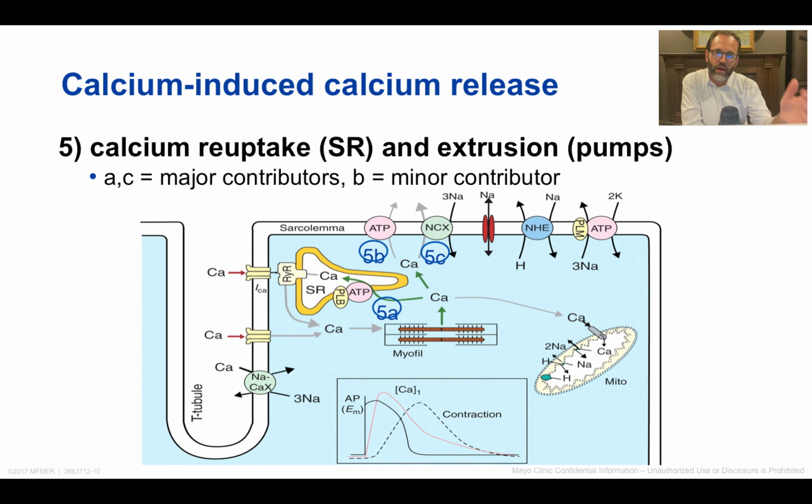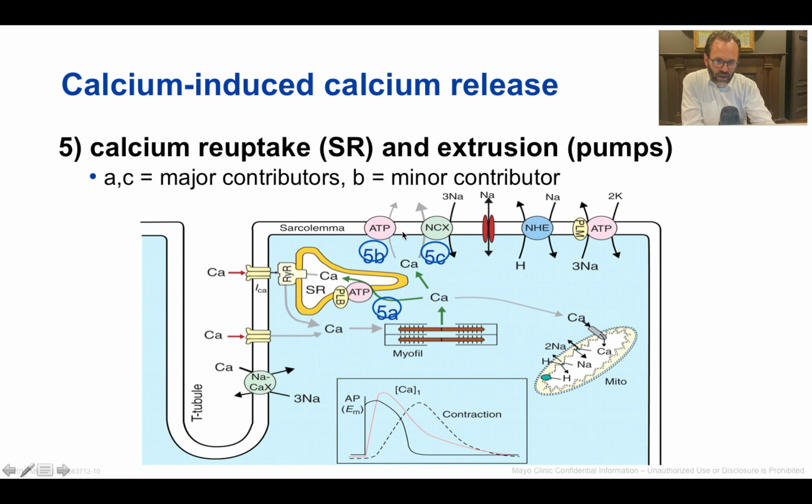And then at the cessation of that action potential, when we start to have the repolarization of the membrane, we subsequently have the closing of the voltage-gated calcium channels, and substantial calcium reuptake into the sarcoplasmic reticulum. That's done via an ATP-dependent mechanism here, as depicted in the figure, as well as a more minor mechanism of extrusion through pumps out of the cell. And so here you can see 5A, which is ATP-dependent reuptake of calcium into the sarcoplasmic reticulum, and 5C,